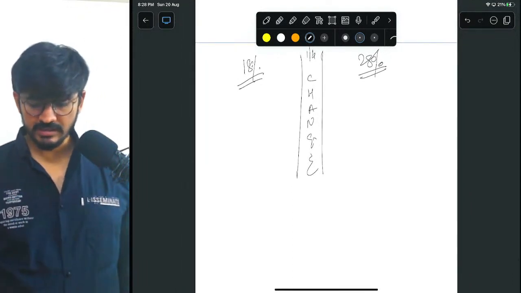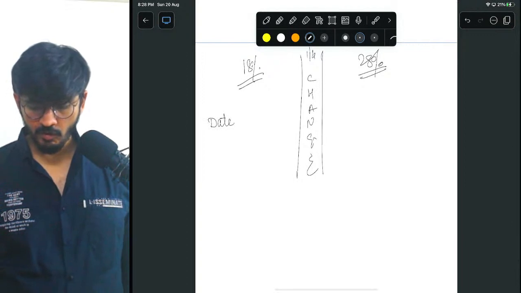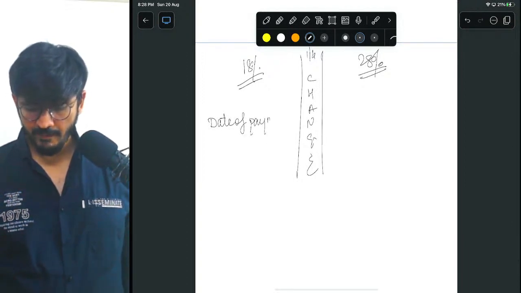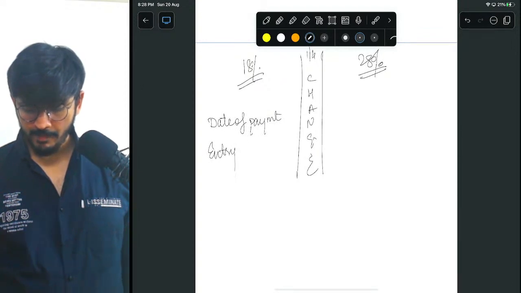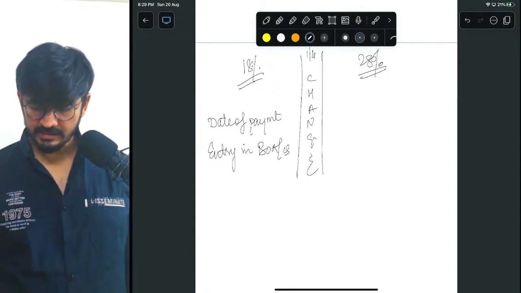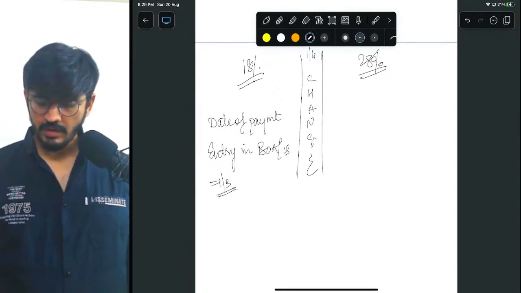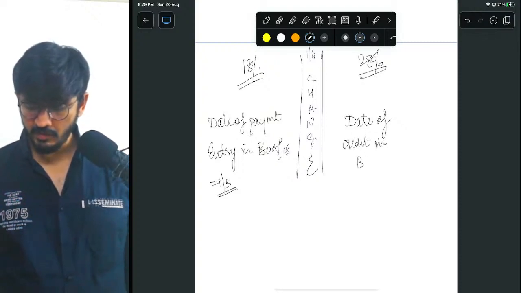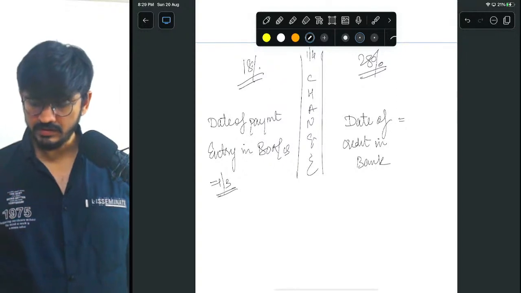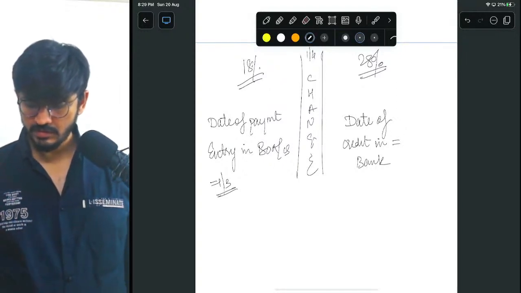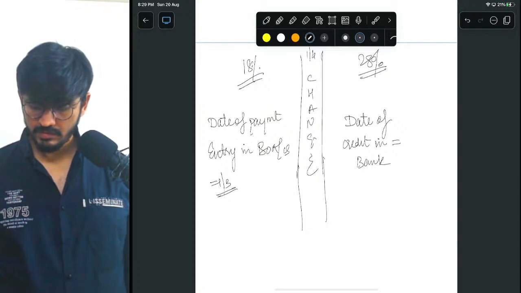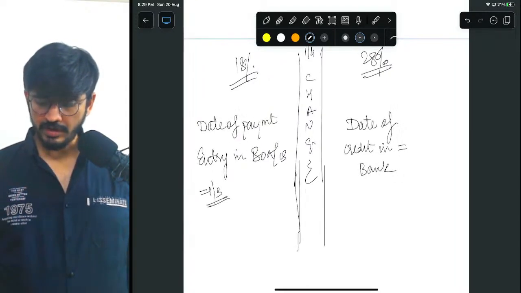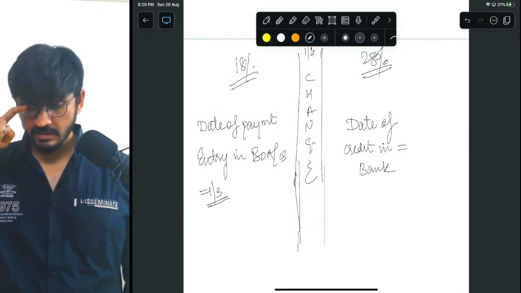So there are two dates. One is, let's say, the date of payment entry in the books of accounts. Let's say it is 1/3. And here, the date of credit in the bank account is, my dear friends, understand,